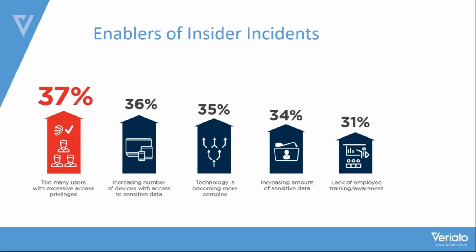44% unlocked devices. Get up, walk away, I'll be right back. We use CAC cards. I can leave my card in here, I'm just going to run over to the copy machine. 44% end up being the cause of a breach. Don't do it. 44% bad password sharing practices, and 32% unsecured Wi-Fi networks.